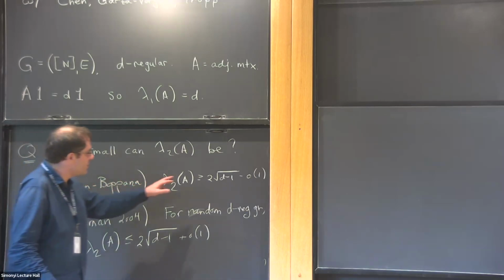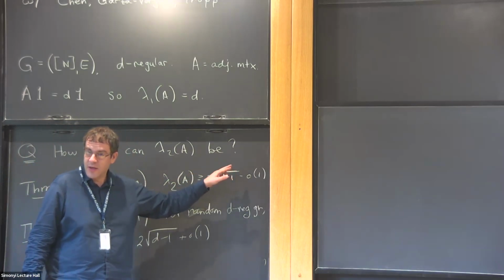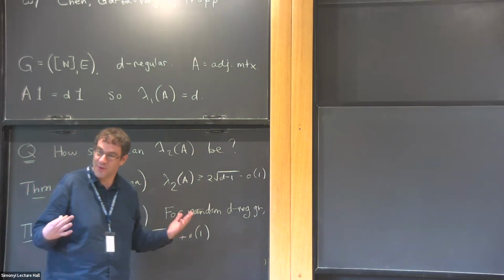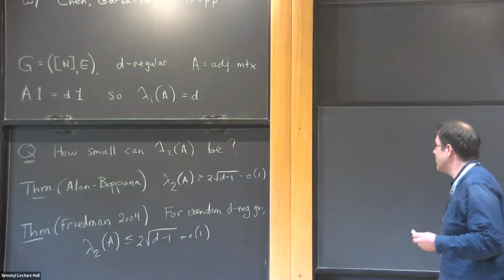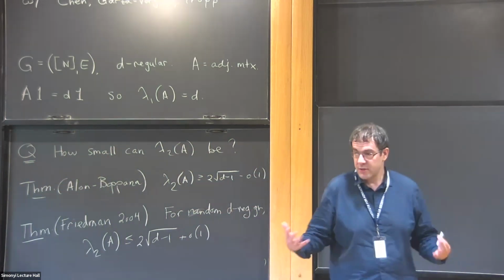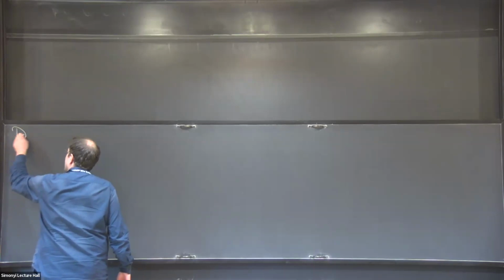I will briefly come back to this, but it's a very elementary argument. For the purpose of this talk, the important question is, what is this 2 square root d minus 1? Where is it coming from? I will mention it, but it will take me 3 extra minutes to prove Alon-Boppana, which I don't want to do. I have other things to do. But I will mention it in just a moment. In fact, I'll mention it right now. So I want to explain how we go beyond this result, and in order to do that, I need to kind of deconstruct. So I offer you a kind of deconstruction